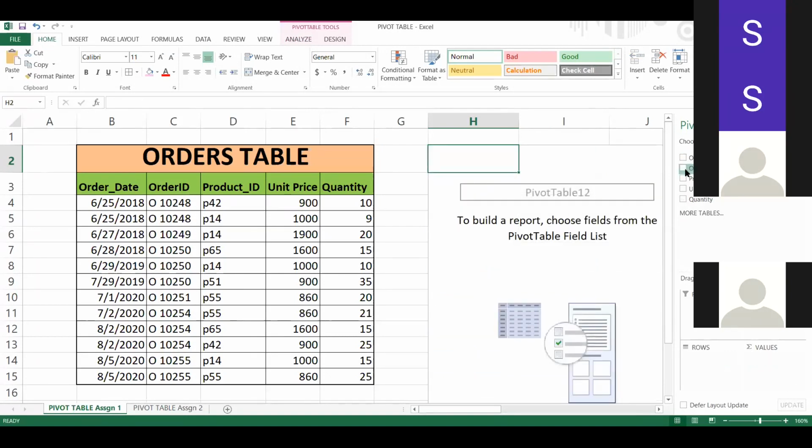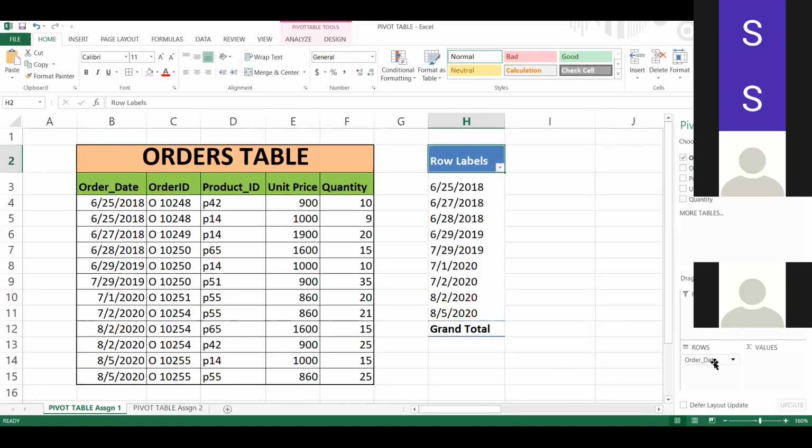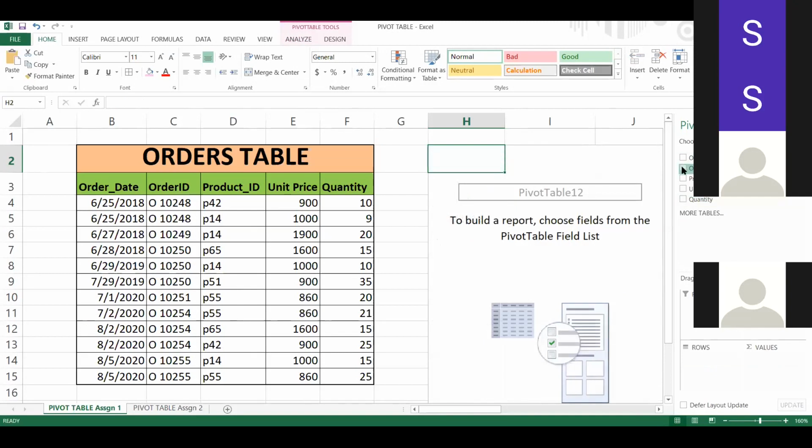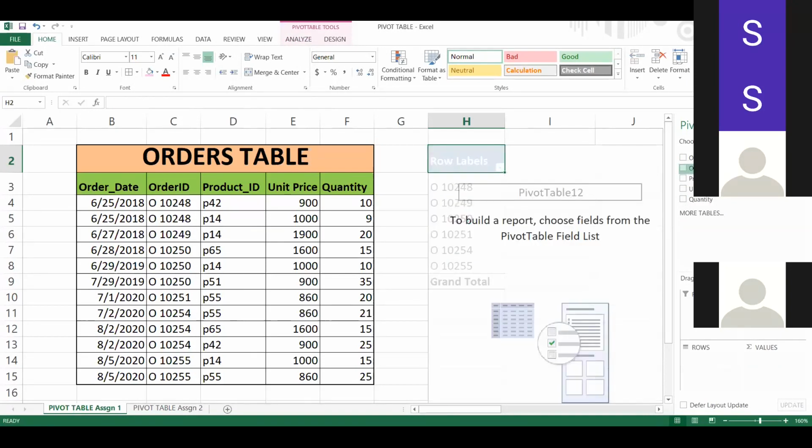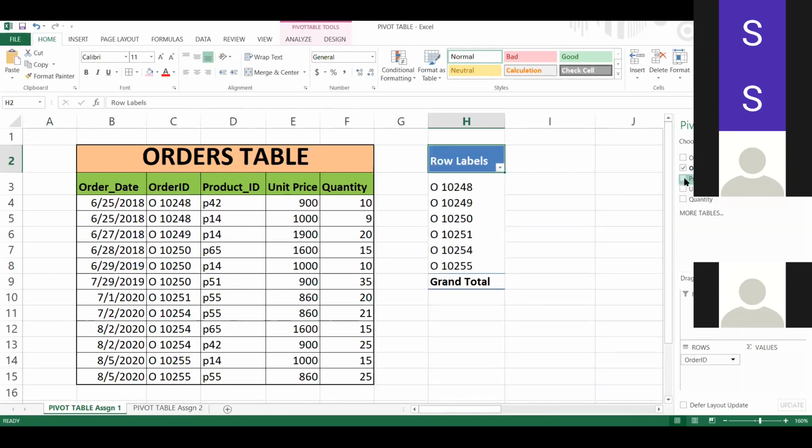One is click, but in case of click, it always adds it to rows or columns. But if you want it to be added to rows only or columns only, you have to drag and drop. So I dragged and dropped in rows. For product ID, drag and drop in rows.